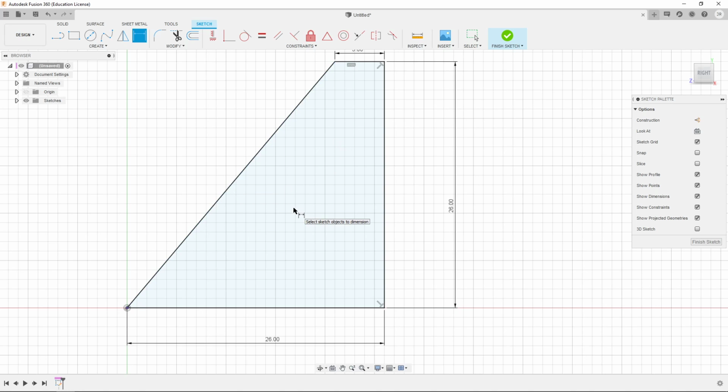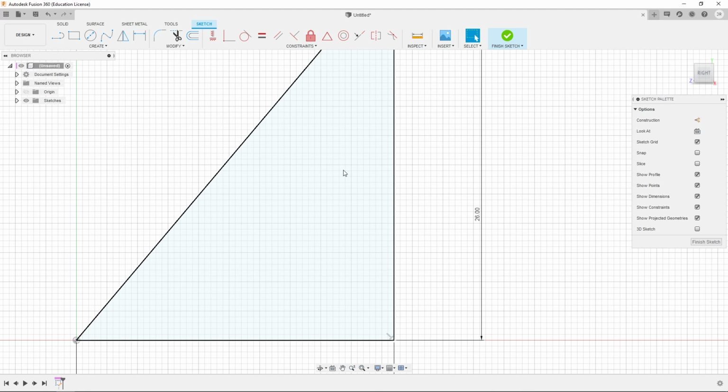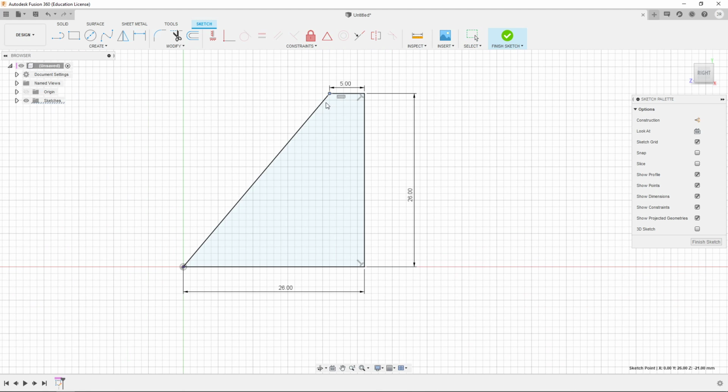If I hit escape so I can get rid of my dimension tool, and I try to move anything about this sketch, I grab this vertex, it won't let me drag it. I grab the line, it won't let me drag it. This sketch has enough information to know where everything belongs, right? We're locked to the origin right here. These lines are perpendicular. This line is horizontal. By implication, this line is also